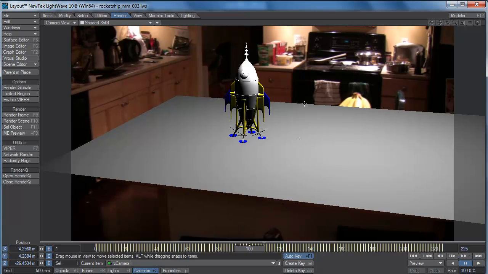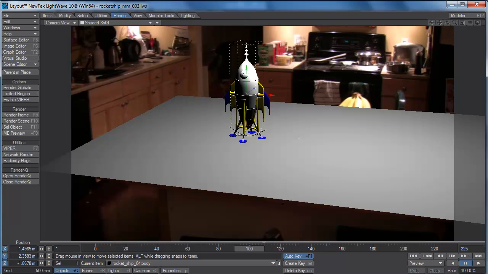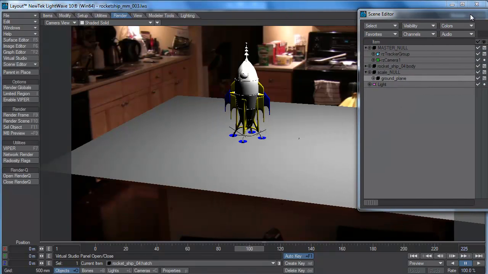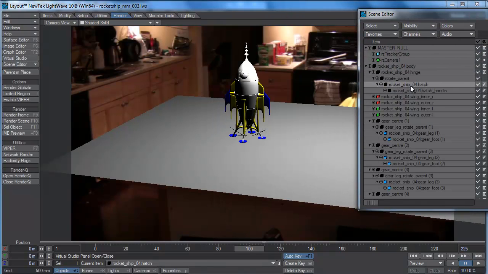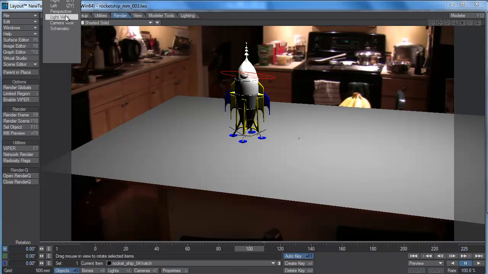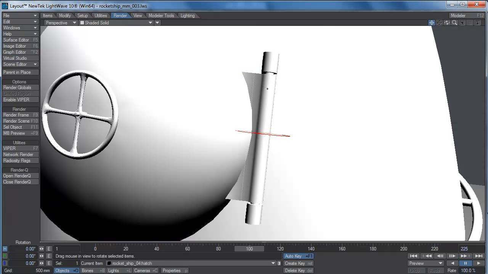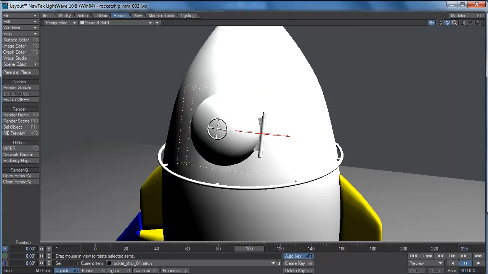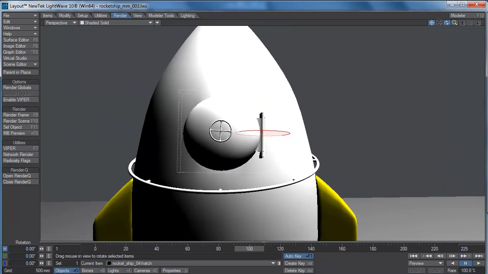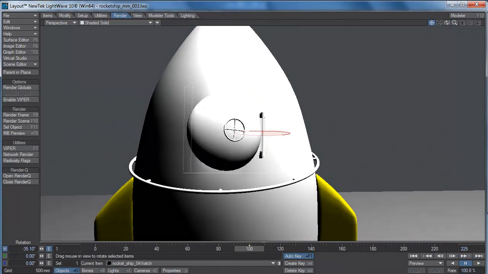And let's take a look at our hatch here, which is what we want to rotate. So there I have the rocket ship hatch. I'll just check it out in the scene editor. Rocket ship hatch. I have the rotate parent. I want to rotate that. You may recall that we set the hatch up to rotate properly on its heading axis so that it'll open and close properly. So let's just take a perspective view and get a closer look. So here's where it is, and we know that at frame 100 it needs to be open. So we're going to open it up